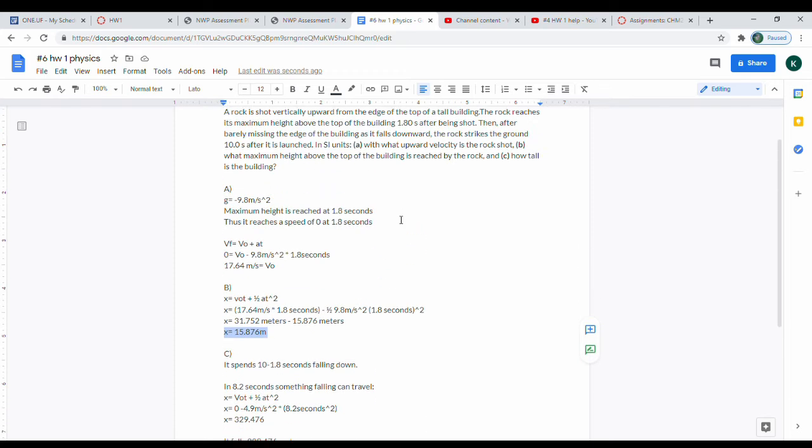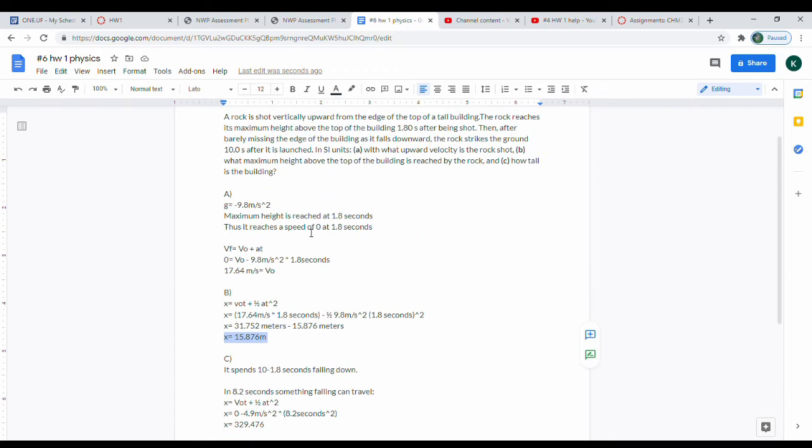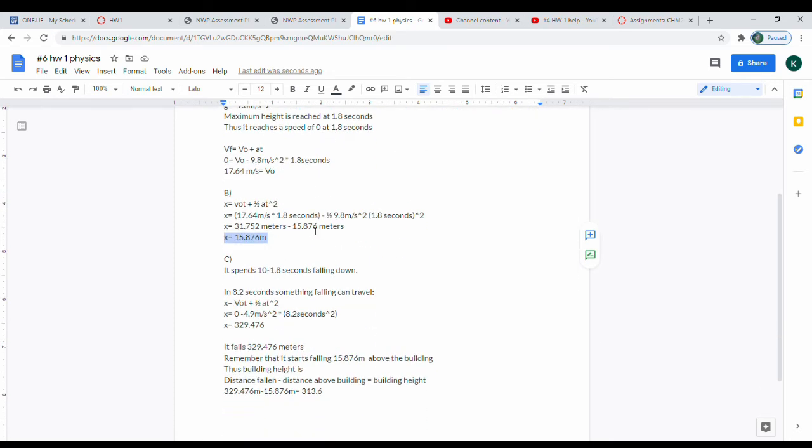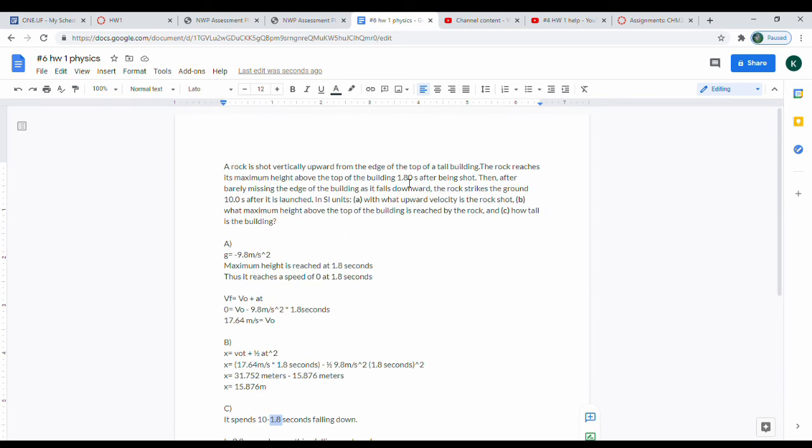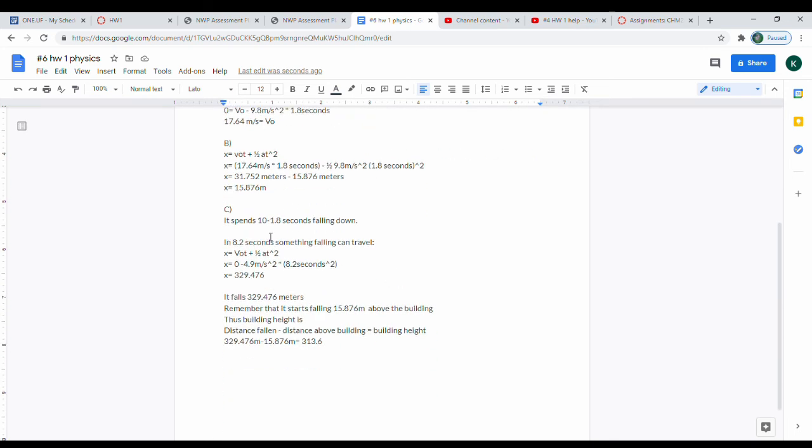And then for C, we're asked, how tall is the building? So first we need to figure out how long it has been falling downwards. It's in the air for 10 seconds, but it only spends 8.2 seconds falling down. This minus 1.8 is because for the first 1.8 seconds, it's being thrown upwards. So then we can plug this 8.2 seconds into the distance formula to see how far down the rock has